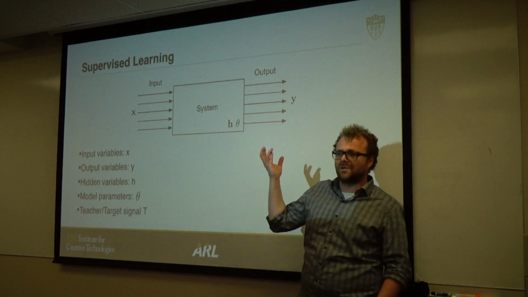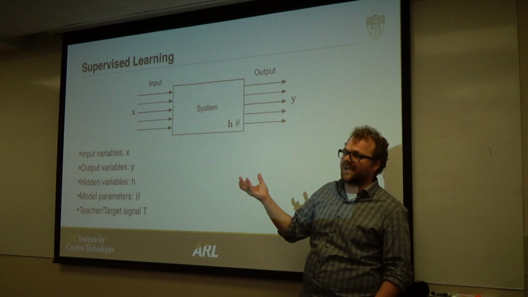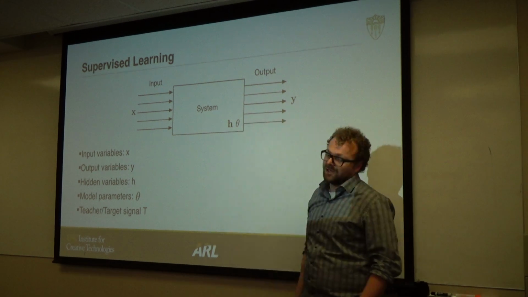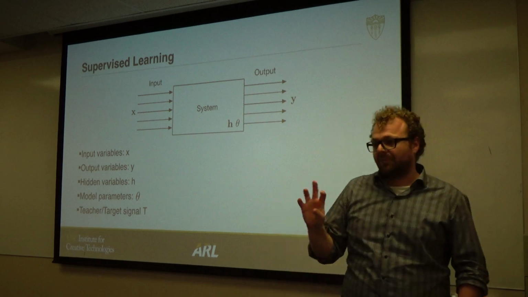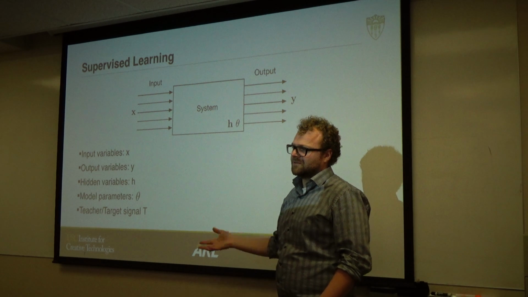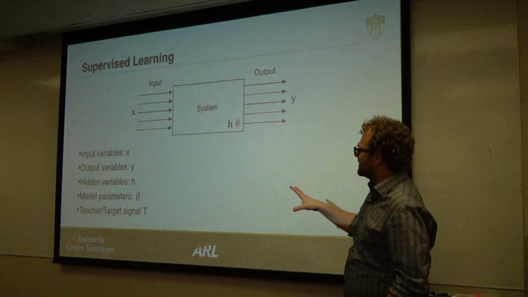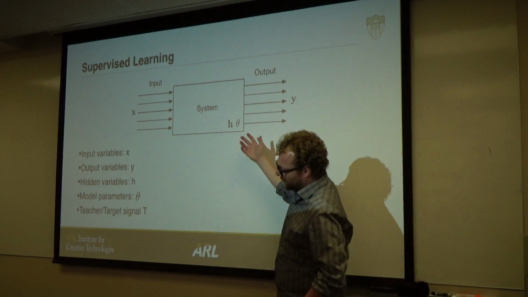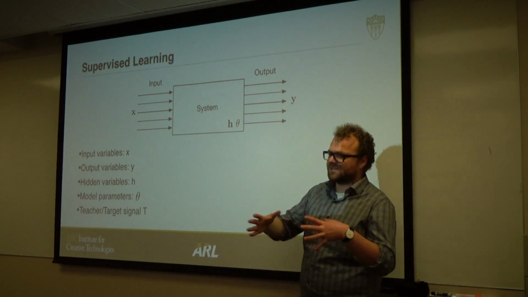Then we discussed the fact that we have the hidden variables that we want to learn, that we want to manipulate and change so that they make a good approximation. And then we have these model parameters that we need to validate for. And we're going to discuss today what this validation means. You don't have to know about this yet, but the model parameters could be, for example, the size of a neural network.